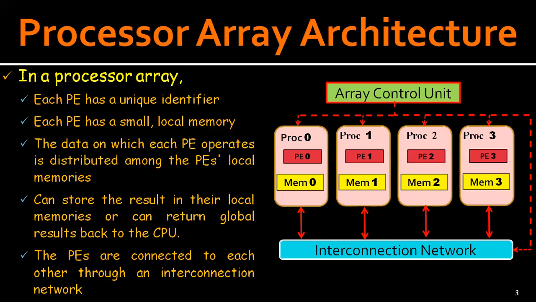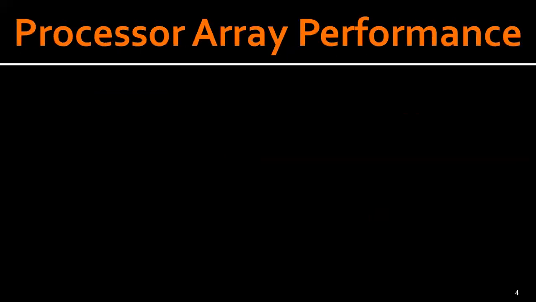Now, let us see the processor array performance. Although the subject of parallel algorithm performance will be covered in depth in our later lectures, let us introduce a measure of computing performance here, namely the number of operations per second that the computer can execute. Of course, there are many other metrics by which computer performance can be evaluated, but this is one common measure that we are going to use.